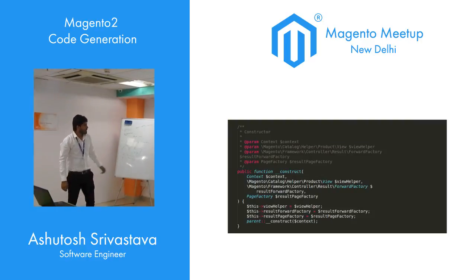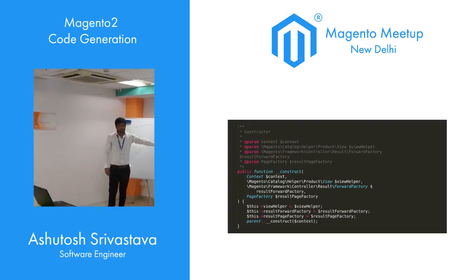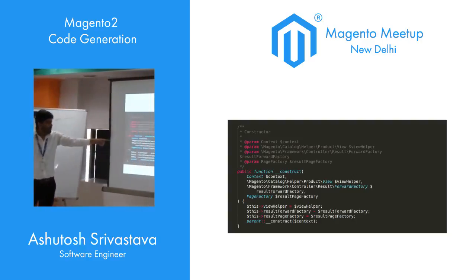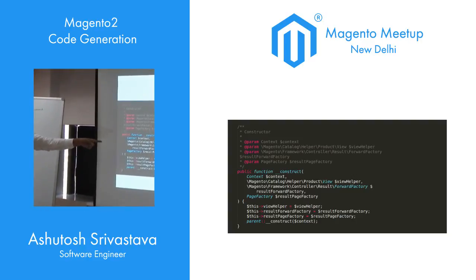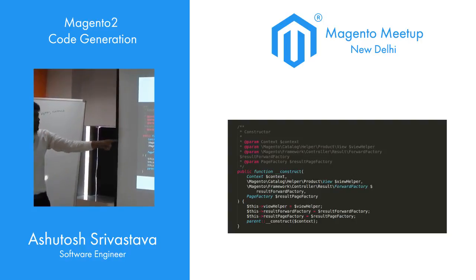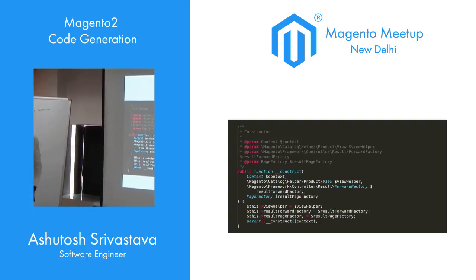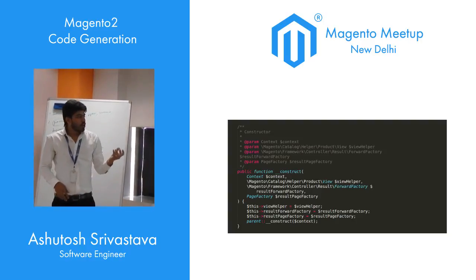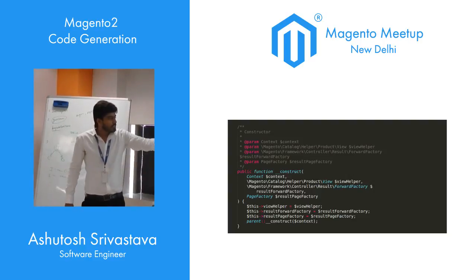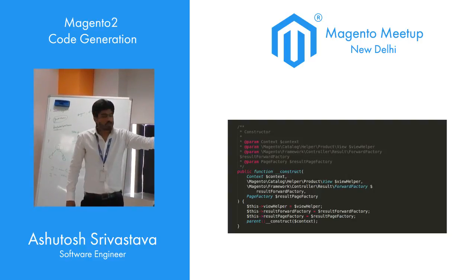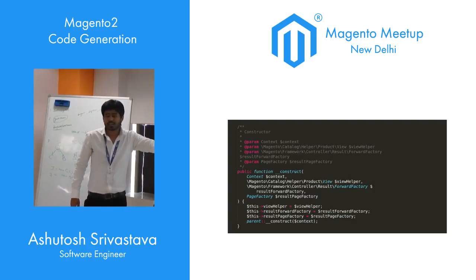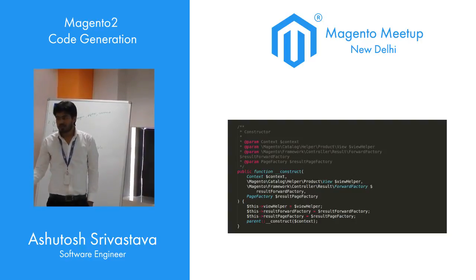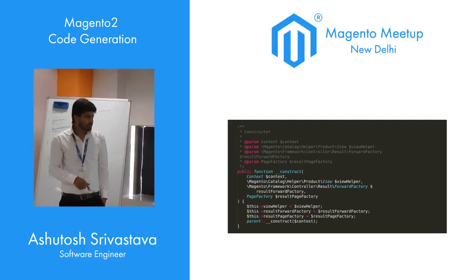Now in this code, as you can see, it is a controller class. I am just taking a snapshot of its constructor. Here you can see that there is a forward factory class referenced inside the constructor. That forward factory class is not present in the current Magento code base. But when the object manager sees this Factory suffix after Forward, it creates that forward factory class with a fixed structure inside the generated folder and uses it to create that object.